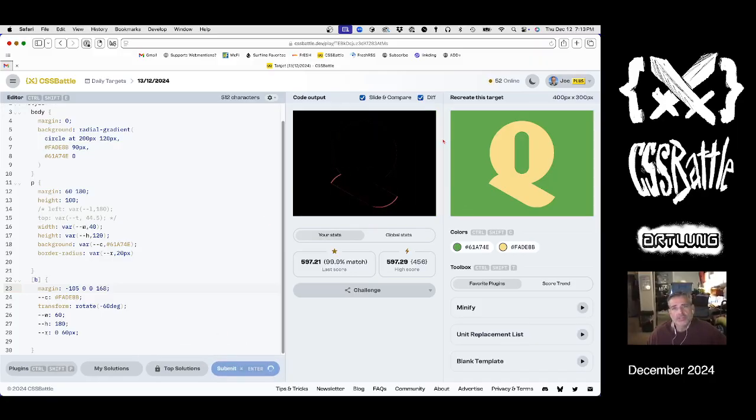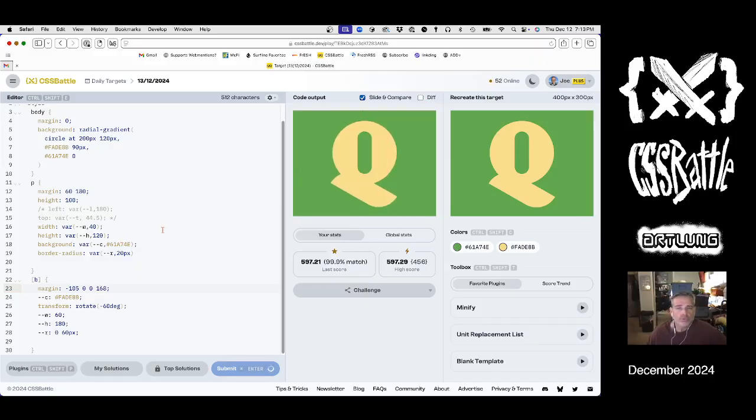Let's see what that number is. I think we can see those edges, but so we're moving the object on a